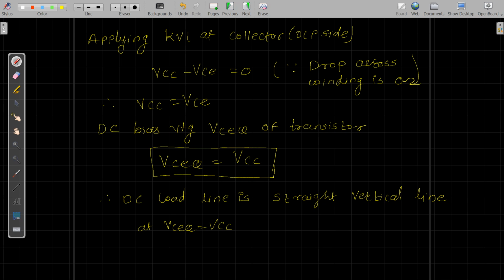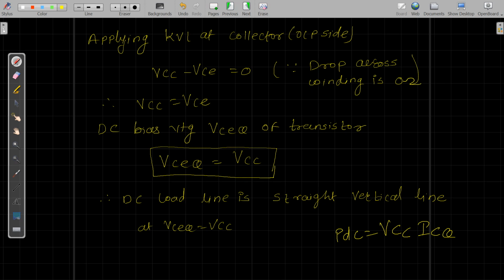And similarly, when you are to find out the DC input power, we know that the DC input power is provided by your supply voltage without any AC input to it. Therefore, whatever DC current is drawn is the collector bias current only. That means your DC input power is nothing but the DC voltage which you have applied times the output collector current which you obtain, that is PDC equals VCC into ICQ. That means this expression is the same as the series fed directly coupled class A power amplifier.